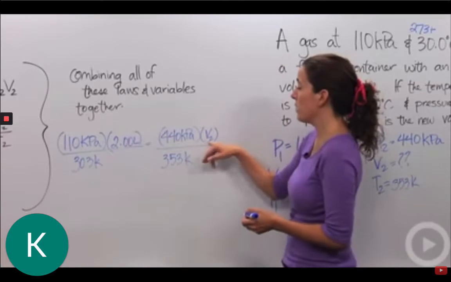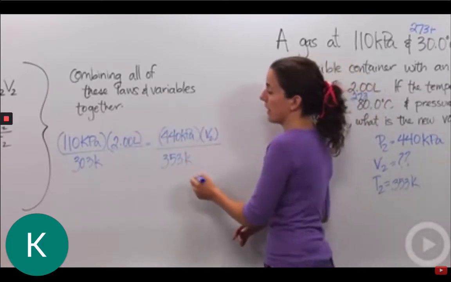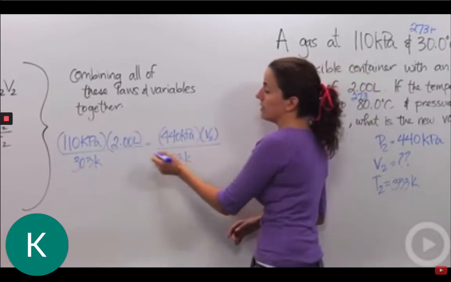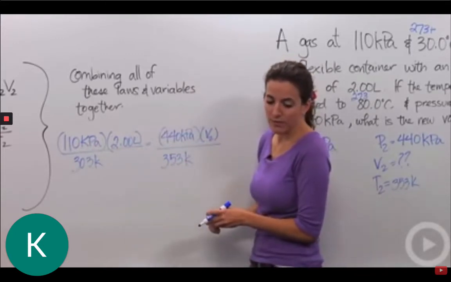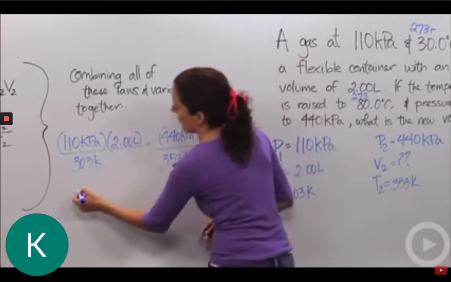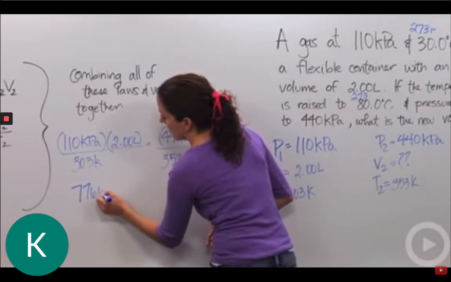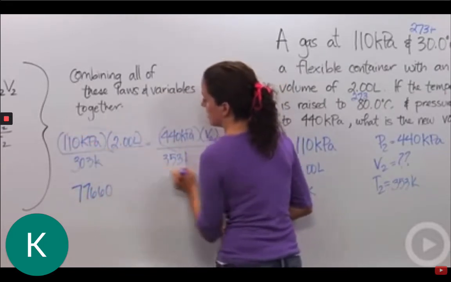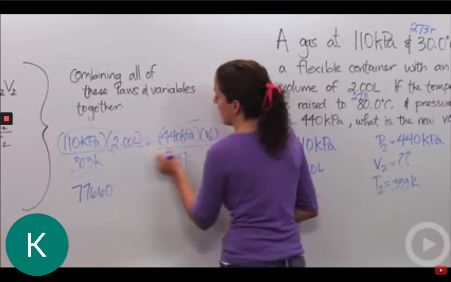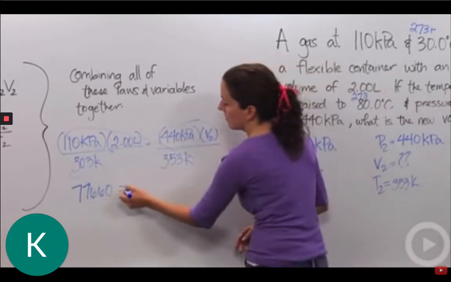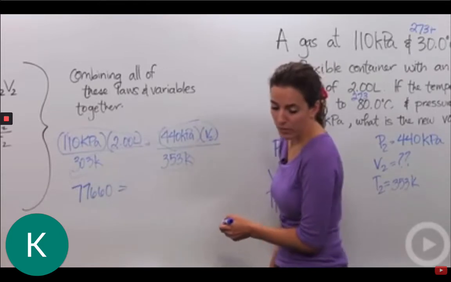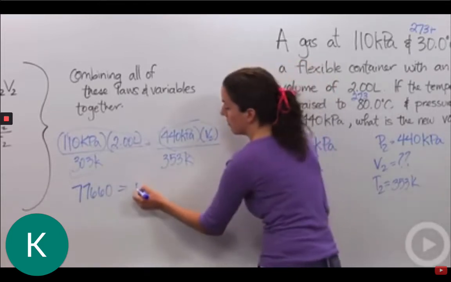Okay, when I'm looking for a variable, I'm going to cross multiply these guys. So I'm going to say 353 times 110 times 2, and that should give me 77660 if you put that in your calculator. So I just cross multiplied these guys. And then cross multiply these guys. 303 times 440 times V2 gives me 133320